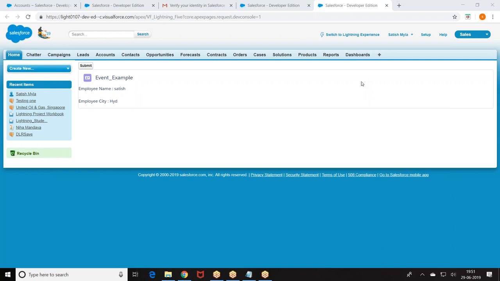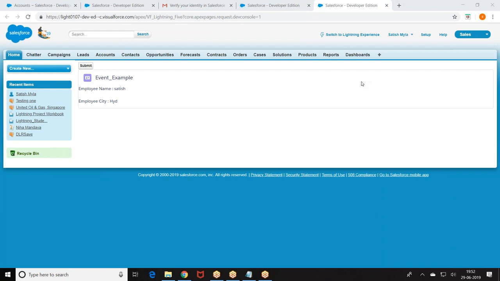Now there is a reason for the Lightning component. Why did you build the Lightning component? I want the look and feel of Lightning. I want the functionality to run like Lightning, but still my application is classic. When my application is classic, whatever component you have created, I will not be able to add this component to the existing page. There, I will go with this functionality. I will build a Visual Force page which can be opened or replaced in the classic.